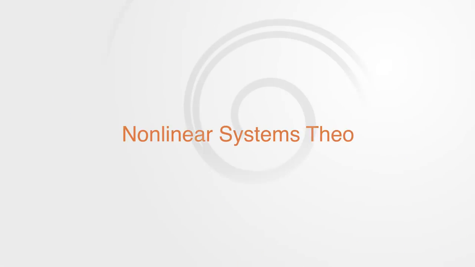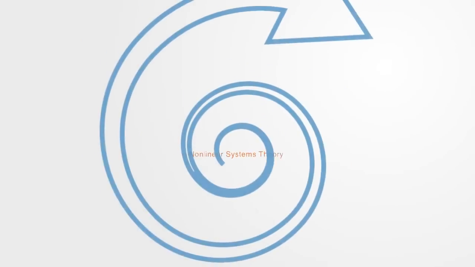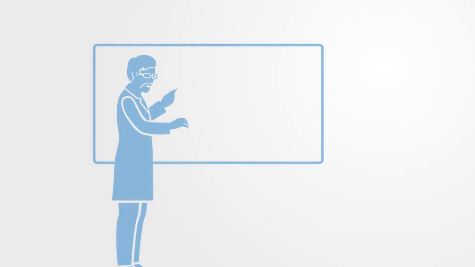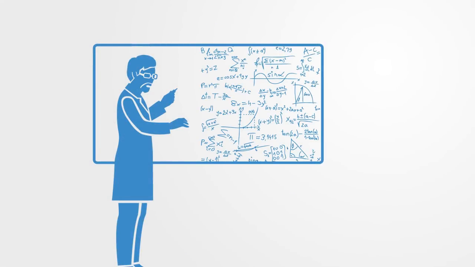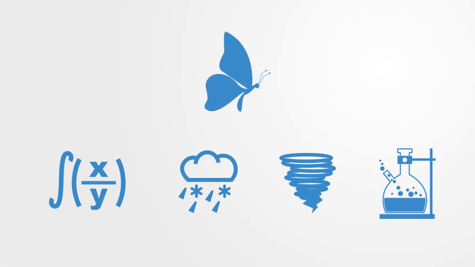Next, nonlinear systems and chaos theory. Nonlinearity is an inherent feature and major theme that crosses all areas of complex systems. A lot of nonlinear systems theory has its origins in quite dense and obscure mathematics and physics. Out of the study of certain types of equations, weather patterns, fluid dynamics, and particular chemical reactions has emerged some very counterintuitive phenomena in the form of the butterfly effect and chaos.